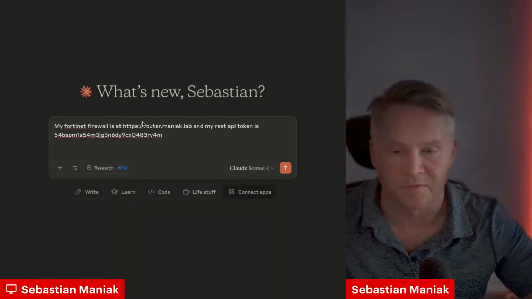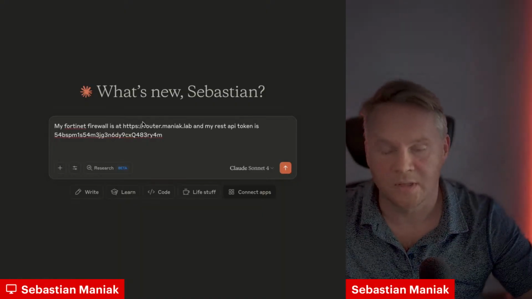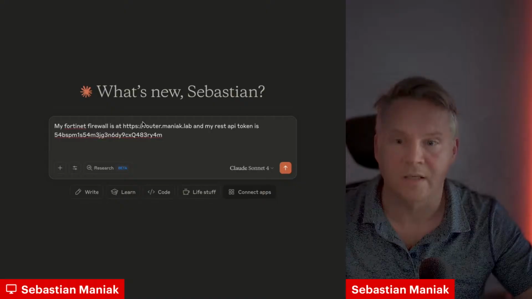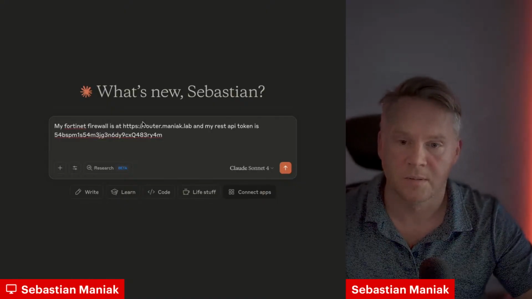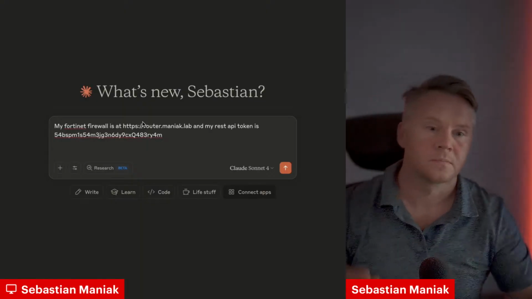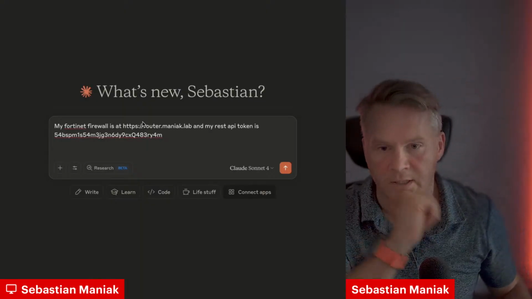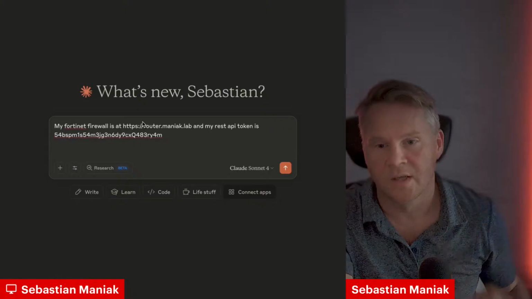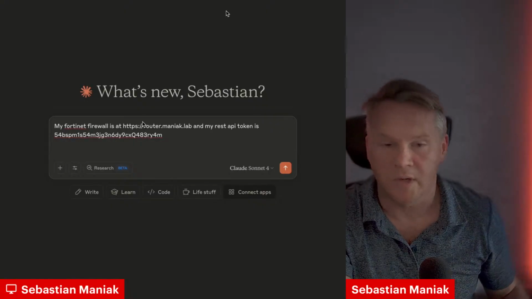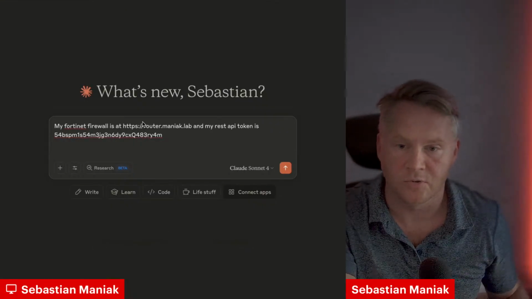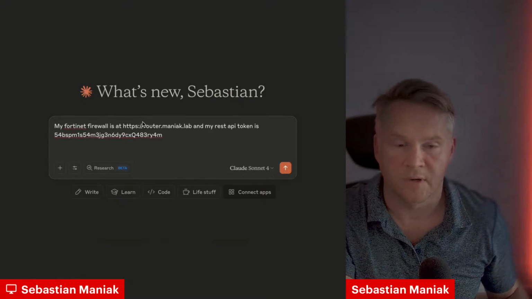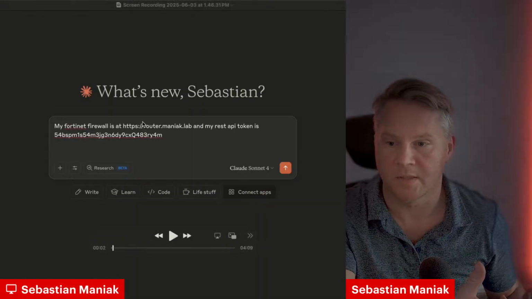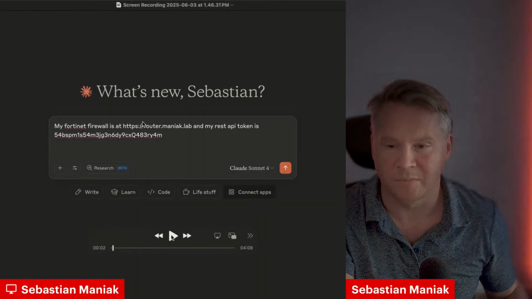Today I just wanted to run through a quick MCP FortiGate demo, and it's pretty simple. I'm just trying to do some stuff in my lab, and I don't have time to log in, find the policies, build things. So I just spun up my Docker, Claude, and my MCP servers, which literally I'm just using cURL, and I'm going to ask Claude to connect to my FortiGate Firewall using my REST API token and build exactly what